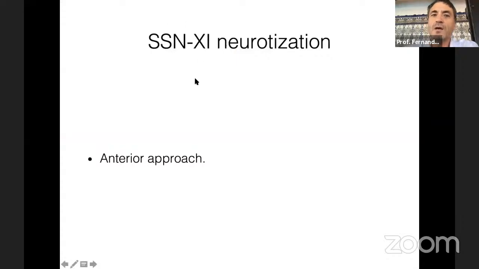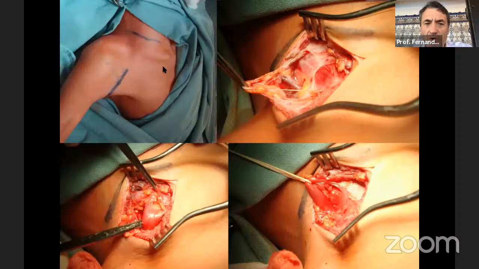One of the most popular techniques in brachial plexus surgery is neurotization of the suprascapular nerve with the spinal accessory nerve. So by the supraclavicular approach, we can approach the spinal nerve. This is the supraclavicular approach. Here we can see the platysma muscle, external jugular vein. Here, omohyoid muscle, retraction of omohyoid muscle,